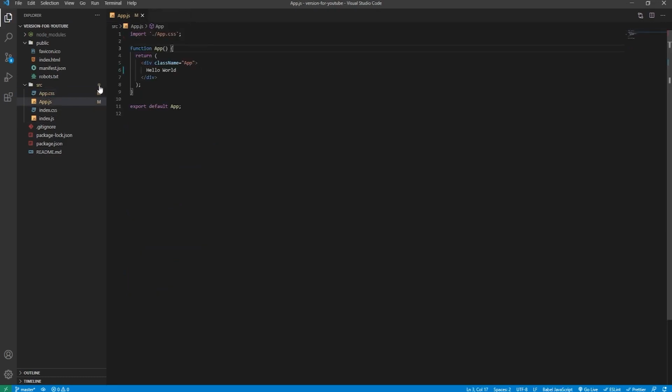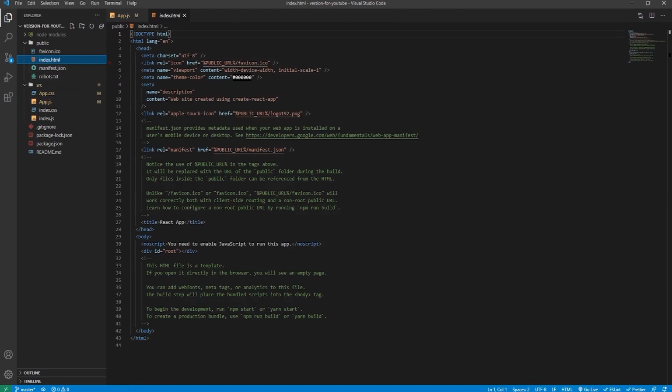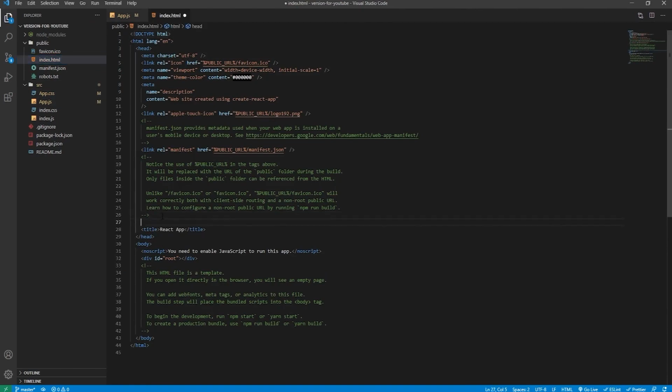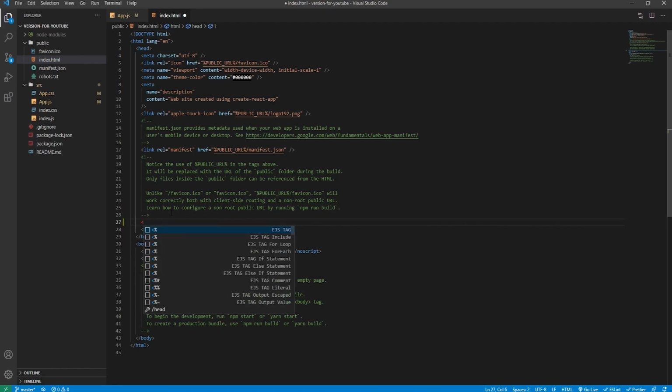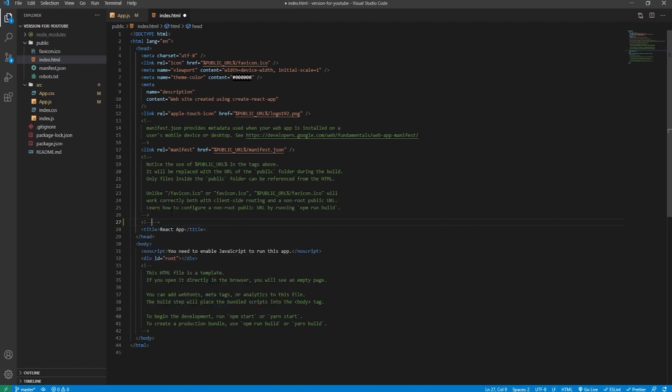Once we've deleted all the unnecessary content, the first thing that we need to do is in this index.html file, which our React application will get rendered to via the root div. We will go to the head and create a new comment, specifying what we're doing in the head of the HTML document. We'll say